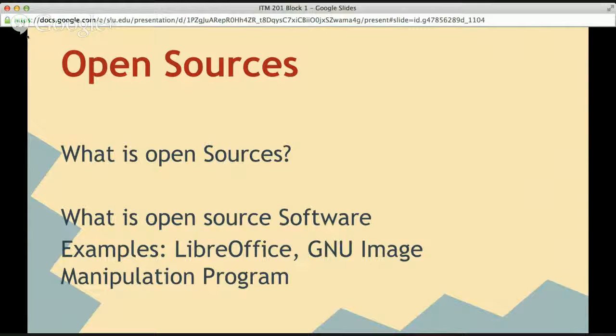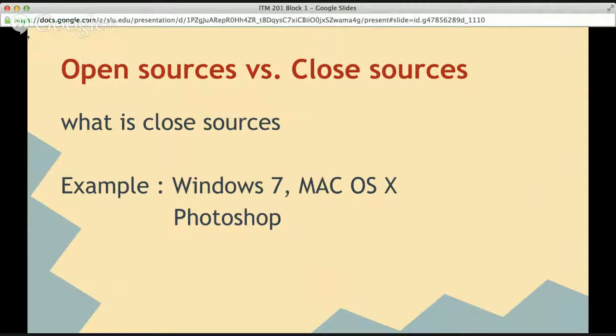For example, LibreOffice and GNU Image Manipulation Program. There is a counterpart to open source, which is closed source. The difference between closed source and open source is that closed source has source code that cannot be modified by anyone but the person, team, or organization who created it and maintains exclusive control over it.